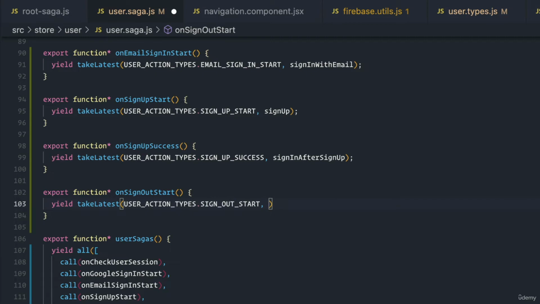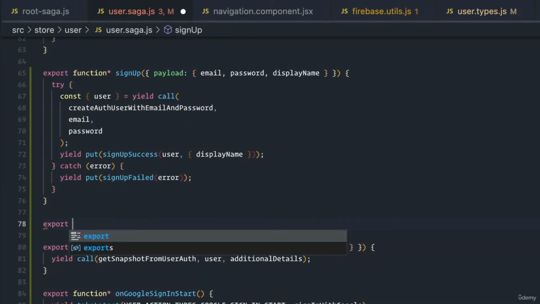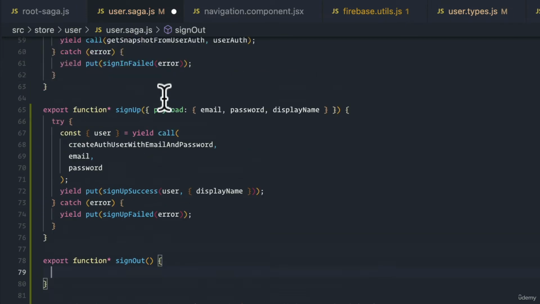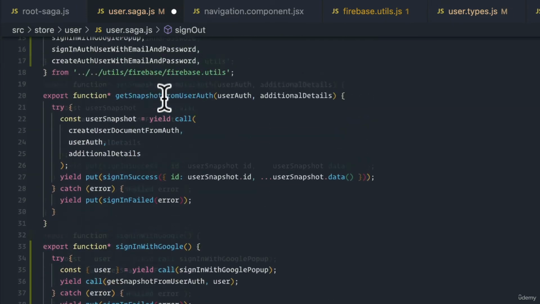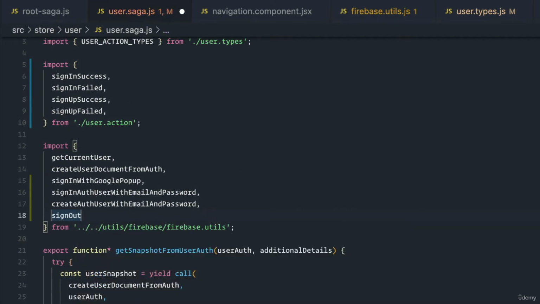And here what we're going to call is sign out. Sign out is going to be a generator, and this is just going to receive nothing, as we know. What it's really going to try to do, though, is call our sign out user method, which we need to import in. This is what we've been using